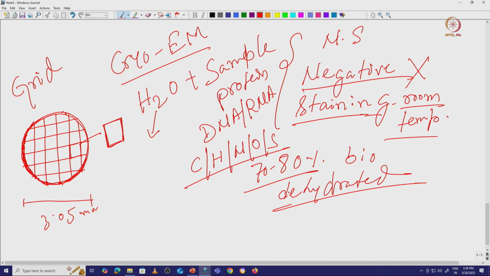Now on top of that, what is added? On top of that there will be a thin layer of carbon, coated on the entire grid. I am just showing you one square here, but all the squares will be coated with a carbon layer. So there will be a very fine plastic coat, and on top of that there will be a carbon layer. So now if you look, the carbon layer will be there.